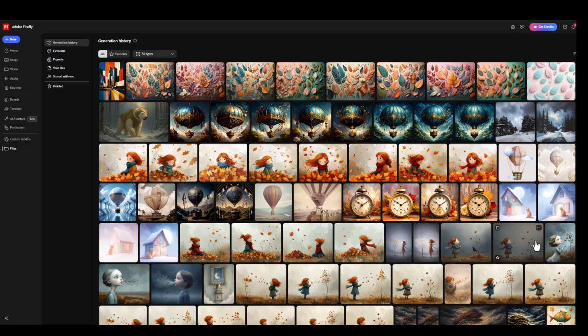Here are just a few of the images I've created using different prompts, showing a simple idea can evolve into something unique and fun. I hope this gives you a few ideas for approaching prompts a little differently. The key is not to overcomplicate it. Start simple, experiment, and refine your prompt